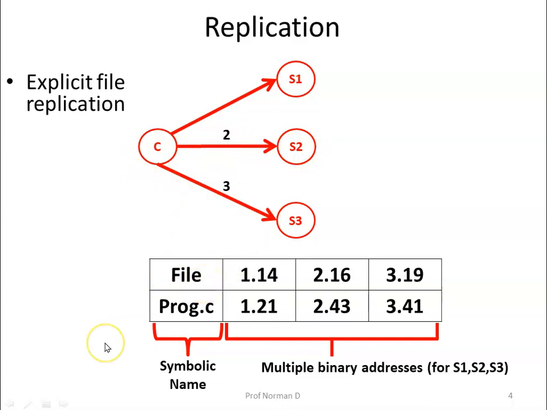Now if the directory server permits multiple copies of a file, the network address of all copies can then be associated with the file name, as can be seen in this table. So this is the symbolic name and this is the binary address of each file that is replicated on the server. So when a name is looked up, that means when you are searching for the symbolic name, all the copies also will be found based upon the binary addresses. So when the file is subsequently opened, the copies can be tried sequentially in some order until an available one is found.